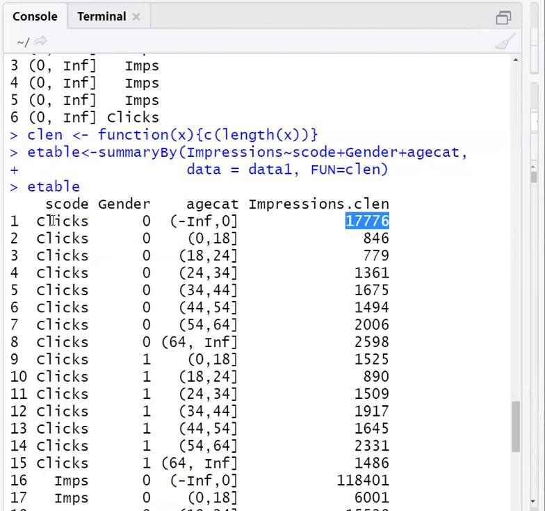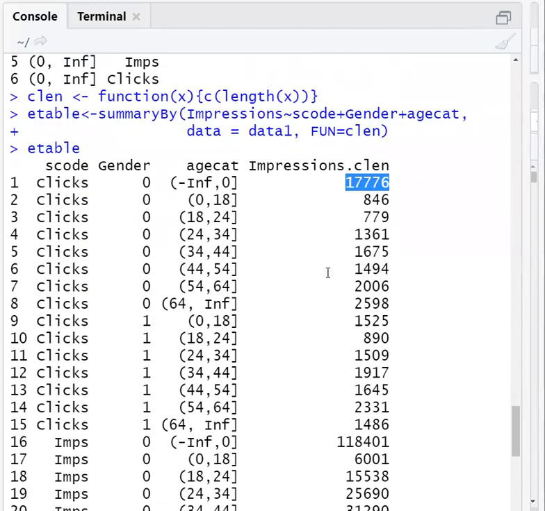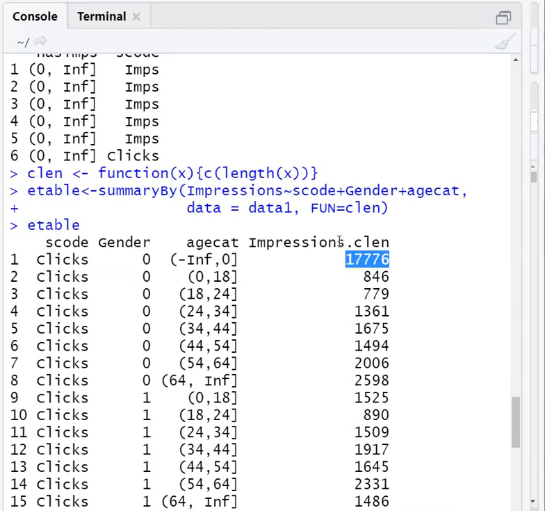Gender 0 means some female, age category is this. So the total number of impressions is 17,000. So we are finding the length for each S code, gender, age category. So this is the number of impressions. What is this? This is the length.